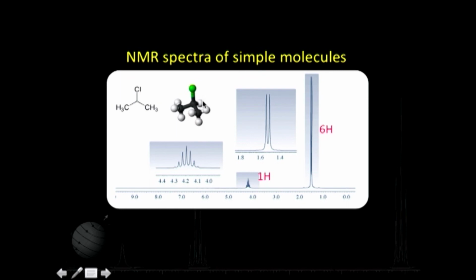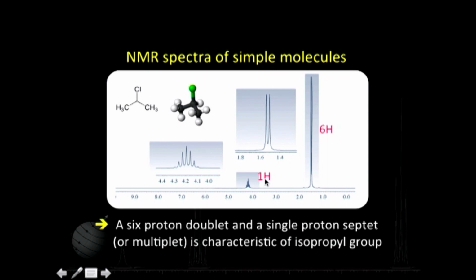So, for this proton here, there are 6 neighbors. So, this single proton comes as a septet here. This is a 7-line spectrum here. Whereas, for all these 6 protons, there is only one neighbor here. So, what you get is a doublet here. So, a 6 proton doublet and a 1 proton septet is a typical pattern to look forward to for isopropyl